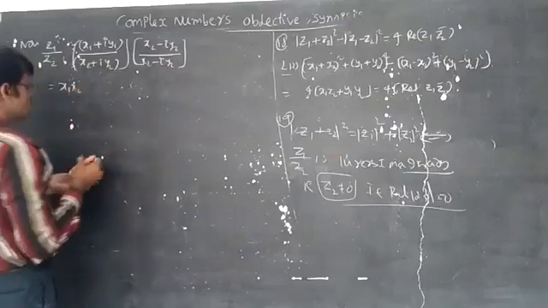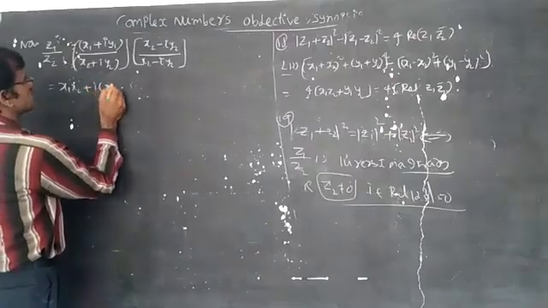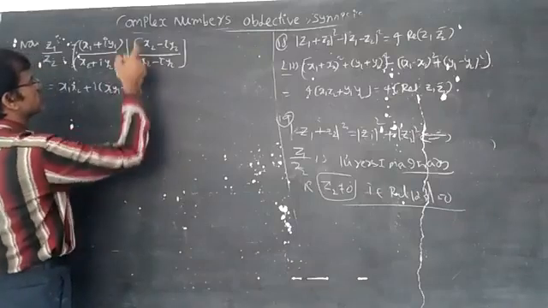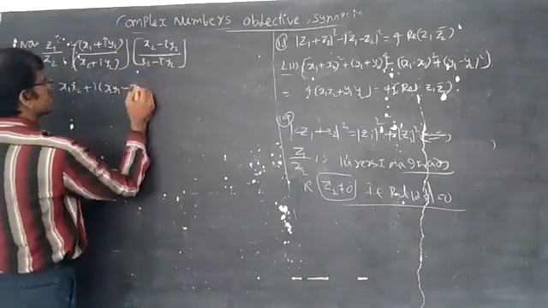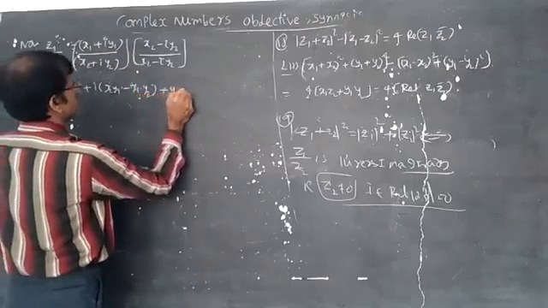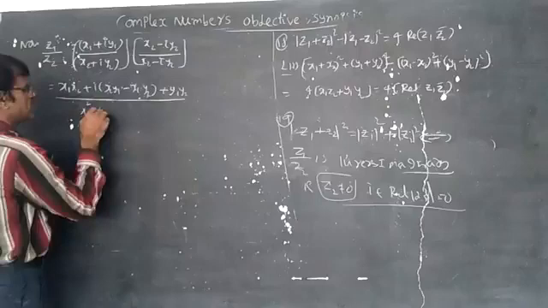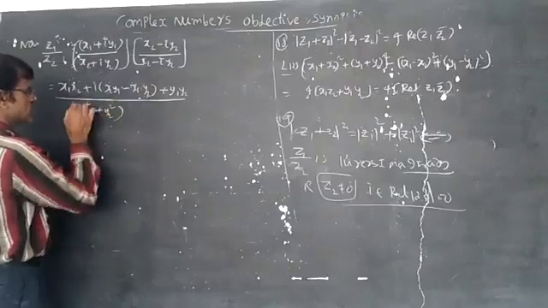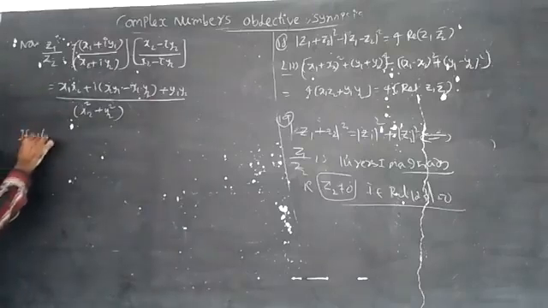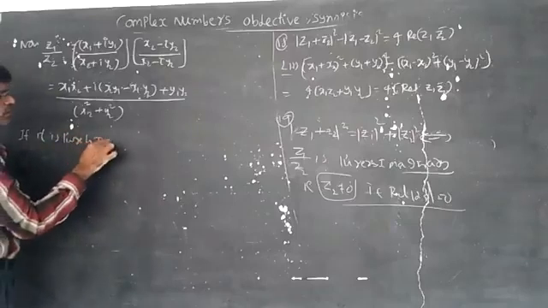x1 x2 plus i into x2 y1 minus x1 y2, close it, plus y1 y2, whole by, using the formula a plus ib into a minus ib is a square plus b square, x2 square plus y2 square. Now, if it is purely imaginary,